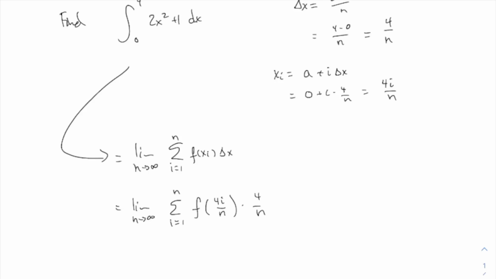Plug in for the f, all right? This is sometimes a little tricky, but the f is this function, 2x squared plus 1. And you need to plug in 4i over n. That means you go up to this formula, you write this stuff, but you replace the x with 4i over n. It looks like,